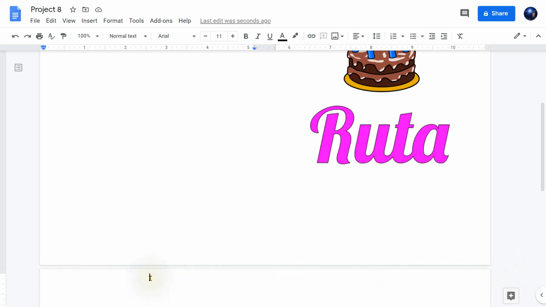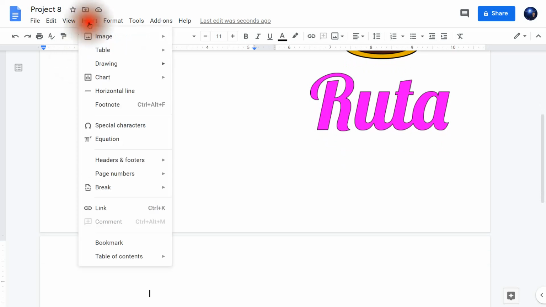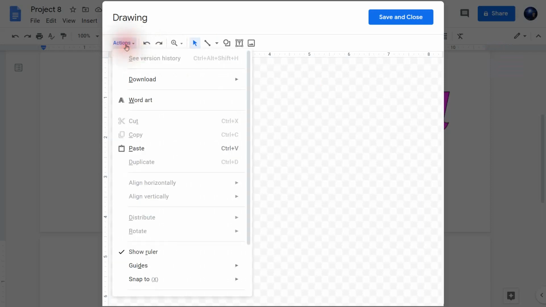Step 46. Now that you're on the second page there, hit the Enter key 7 more times. Step 47. And click on Insert, Drawing, New. Step 48. And click on Actions and WordArt.